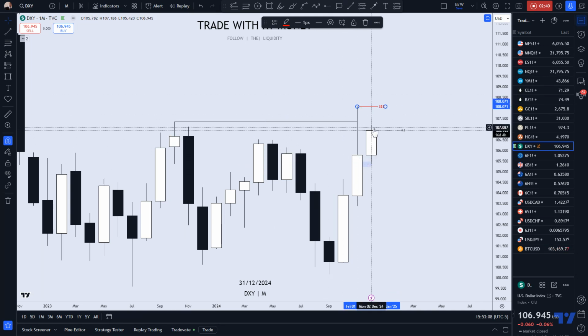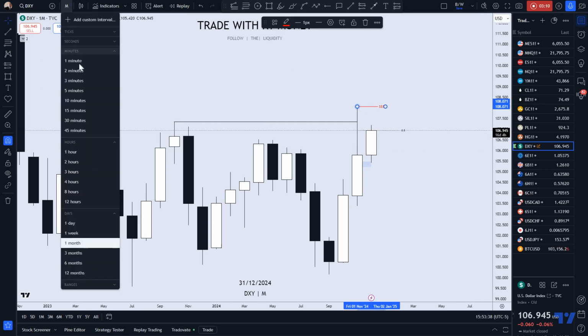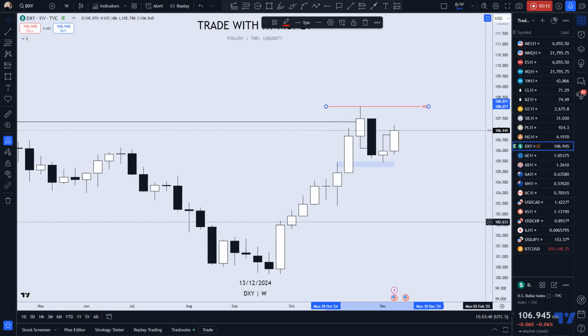And now here we are. Looks like we're resuming this bullish impulsive move. So it looks like we're going from internal range liquidity to external range liquidity, which are the highs. What I want to do now is find, do we have support for higher prices? Let's look inside of this candle to see if we see bullish fair value gaps on the weekly.